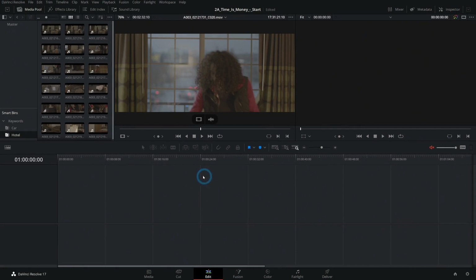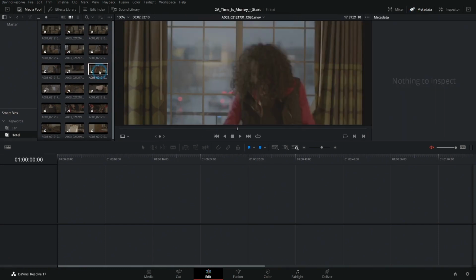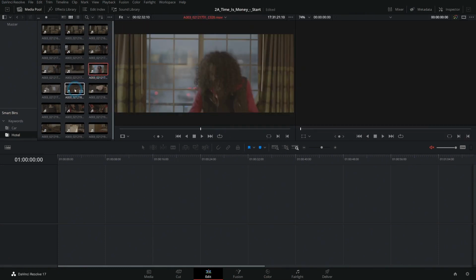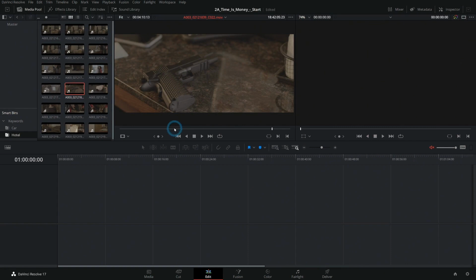And now again, we have some familiar panels here that we already know from the media page. We have our media pool. We even have a metadata panel here. We have a viewer on the left, which just lets us preview things before we add it to the timeline. And then we have our timeline down below. This is where we actually add things to a sequence and build our story. And then we have the timeline viewer, which is on the right, and that shows what our movie is actually